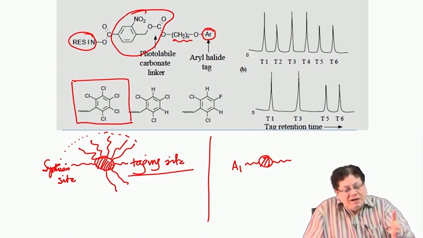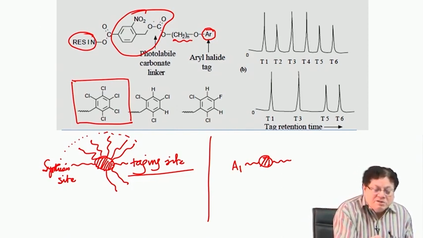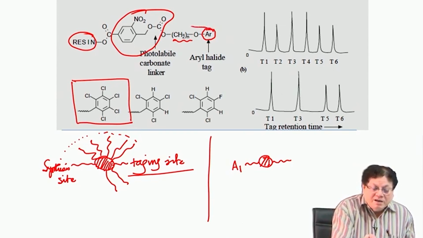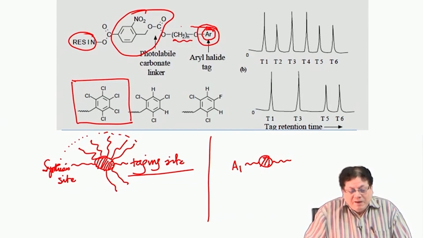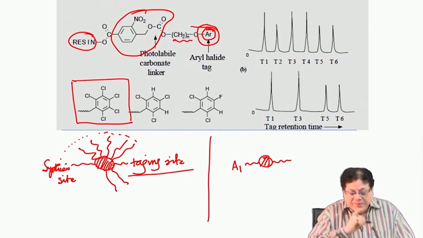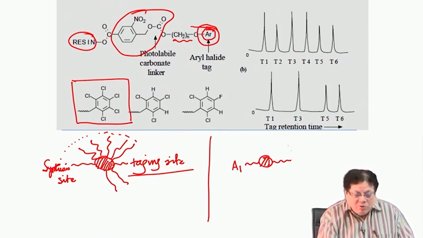So, if you shine light here, this goes off, carbon dioxide is liberated, and the aldehyde is formed, and finally this aryl tag comes out as a benzyl system, CH2OH. Okay. So, aryl tag, we can simplify it. Basically, there is a linker which is photolabile,